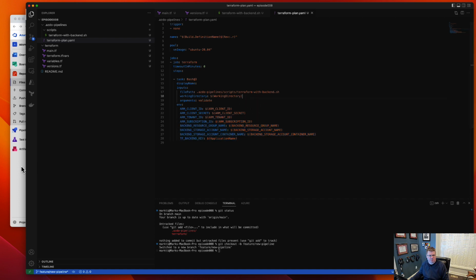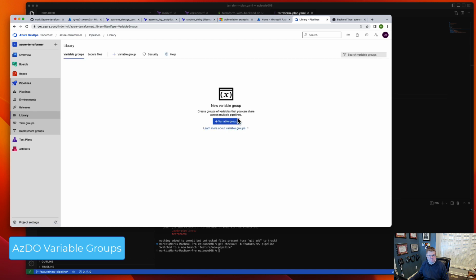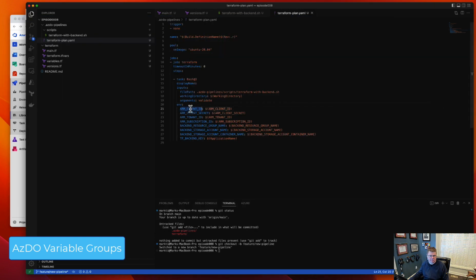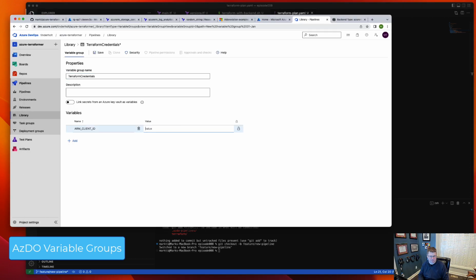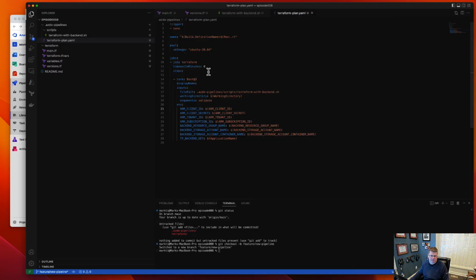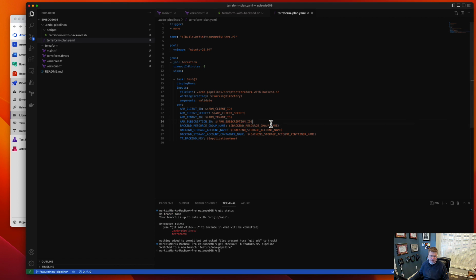So now what I need to do is I need to go into Azure DevOps. I need to go into pipelines. I'm going to set up some variable groups. So I'm going to call this my Terraform credentials. And I need my ARM client ID, called foo. I need my ARM client secret. The tabbing, seriously. I guess it's probably faster, just foo. And the ARM subscription ID,